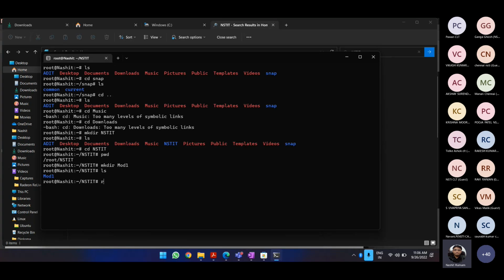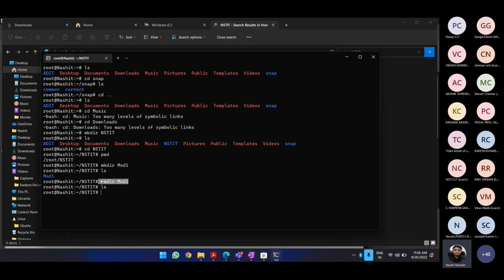Next we can remove it with rmdir. The folder that I want to remove is the mod1 folder that I created. So that will remove this. I don't have any more files or folders in this mod1. Now this is my make directory and remove directory.